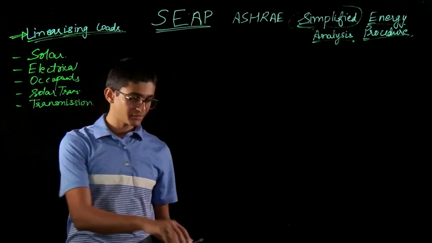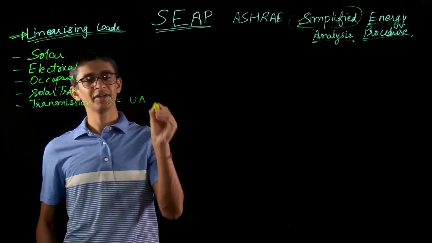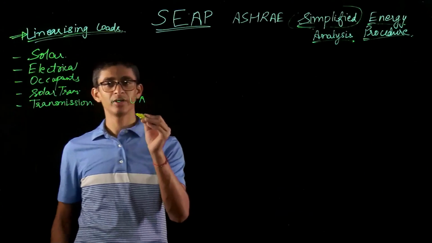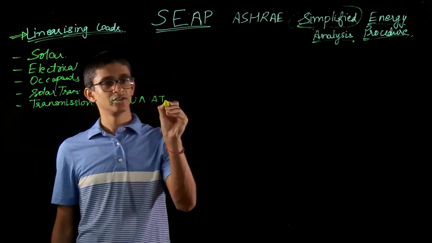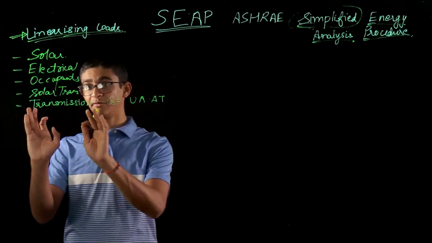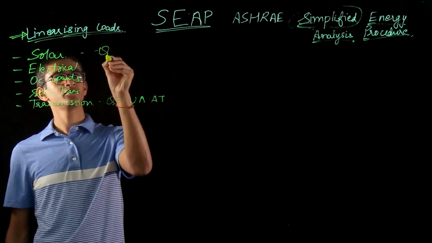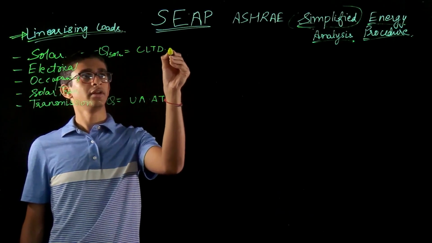We know that the transmission load formula is Q equals UA delta T, depends on the beam and all structure. We may have number of hours multiplied or not, but the structure of the formula remains UA into delta T. So that means it is a factor which depends on temperature, while the solar is Q solar is CLTD into UA,